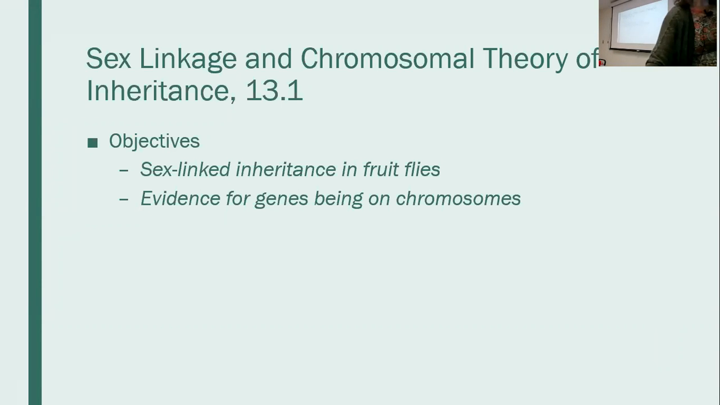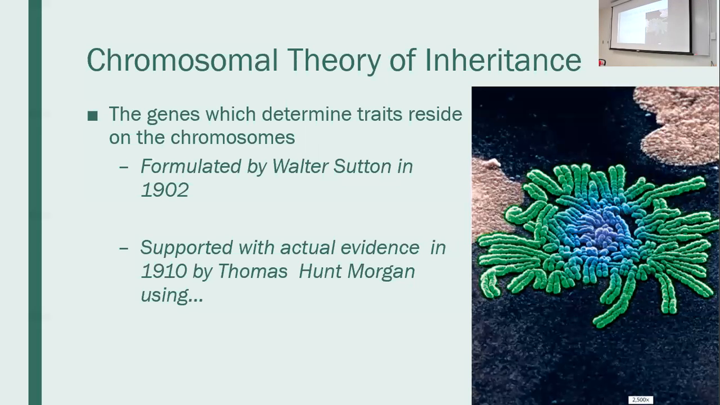got us to the chromosomal theory of inheritance, which states that genes that determine traits reside on the chromosomes, which is something we already know, but they didn't know. But Walter Sutton in 1902 said, this is what I think. I think your genes reside on your chromosomes. And so we'll look at one example where they provided evidence that there's a relationship between the chromosomes you get in your cells from your parents and